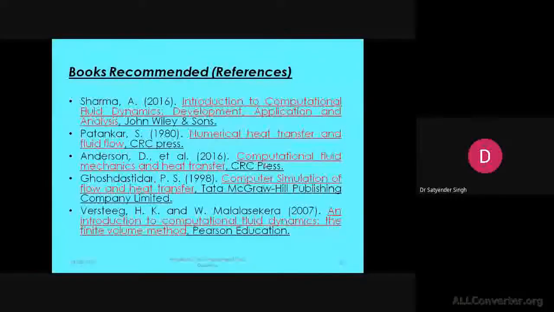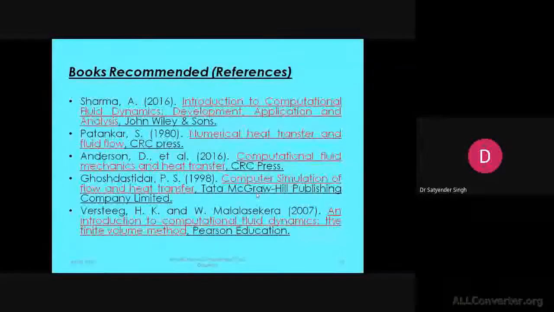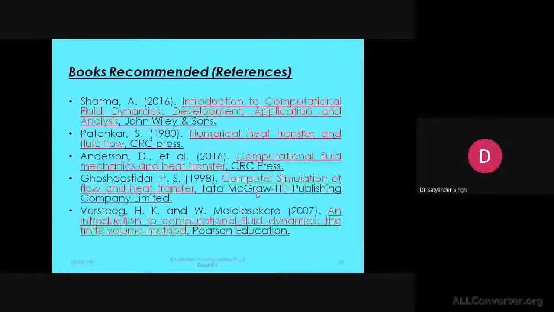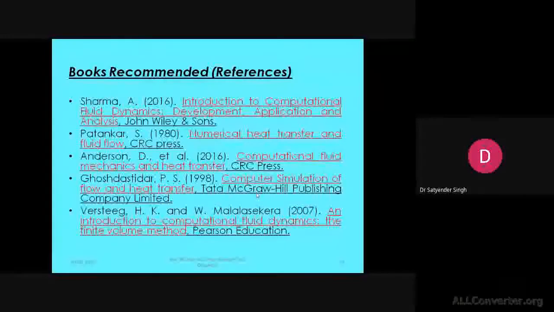And you all know one of the significant contributors, Suhas Patankar, who has developed the SIMPLE algorithm, which is fully applicable at present in the commercial CFD tools. And his book is Numerical Heat Transfer and Fluid Flow. So these first two are the highly recommended books for FVM. And if you are working in FDM for very simple problems, then you must follow D. Anderson, Computational Fluid Mechanics and Heat Transfer. The earlier two are mainly for the FVM technique.